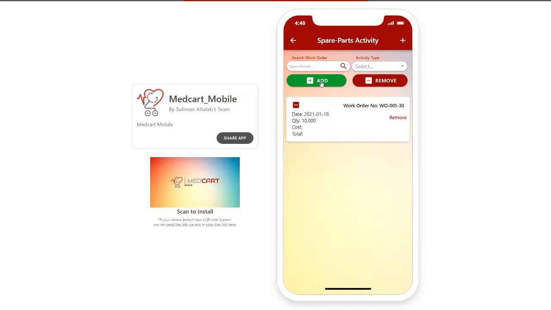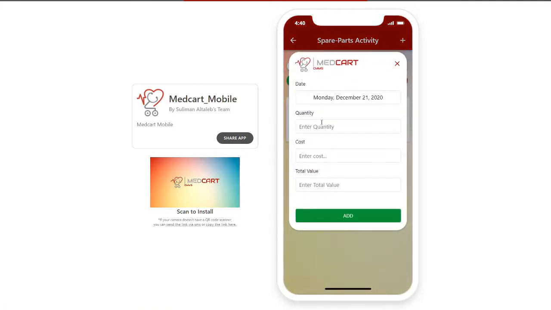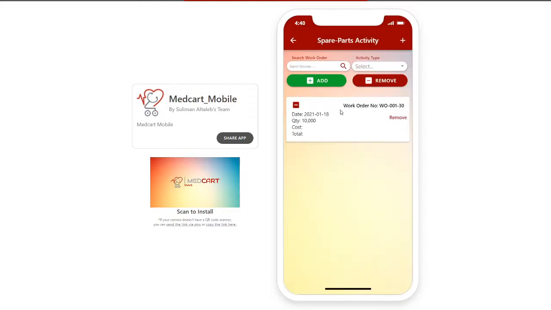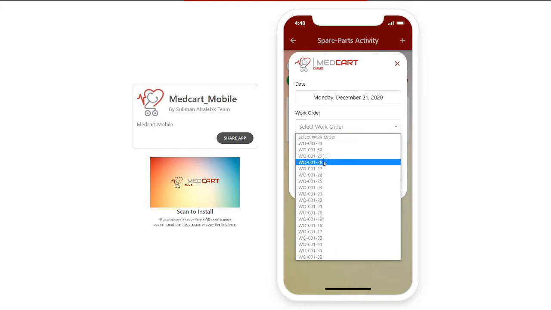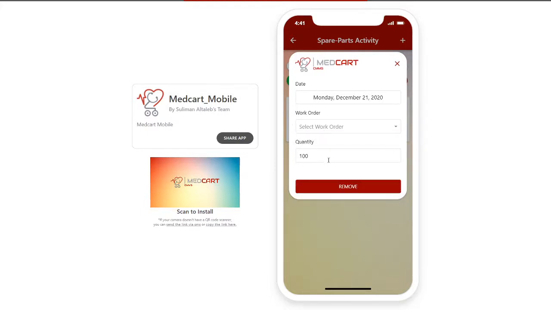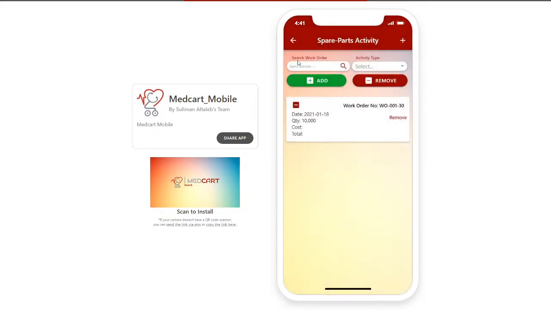For example, we already purchased a new spare part, we will add. We will tell how many the quantity and the cost of the spare parts and the total value. And we will click the add. So if we remove or issue the spare parts, we just click the remove button and we will tell which work order and how many the quantity, and we will remove. So this is our spare parts activities,